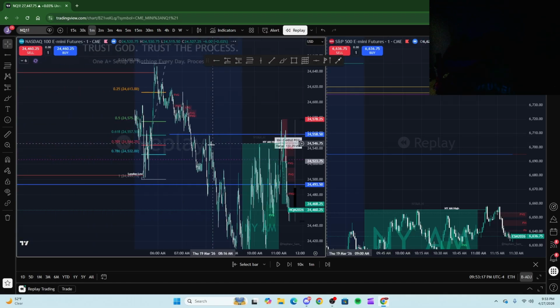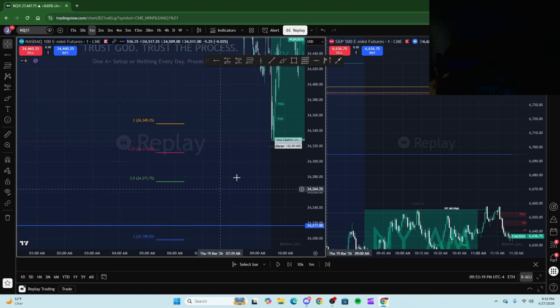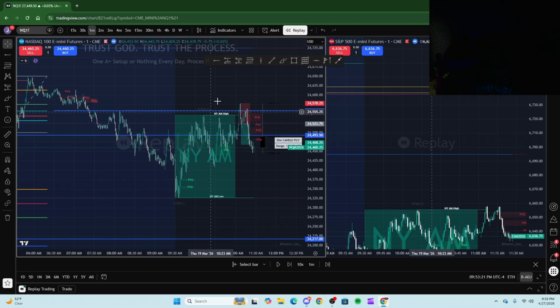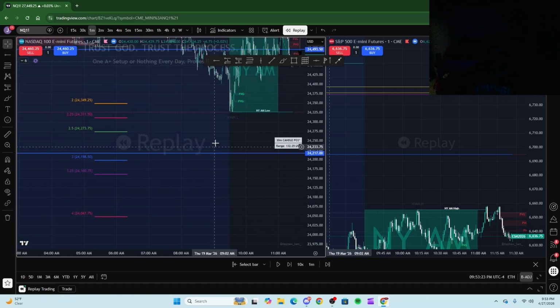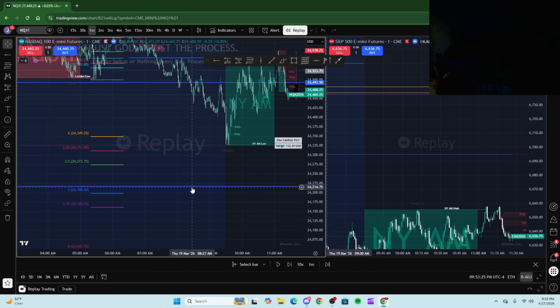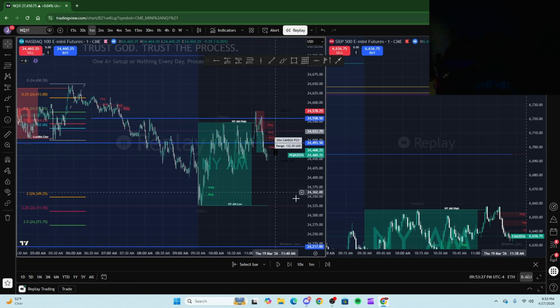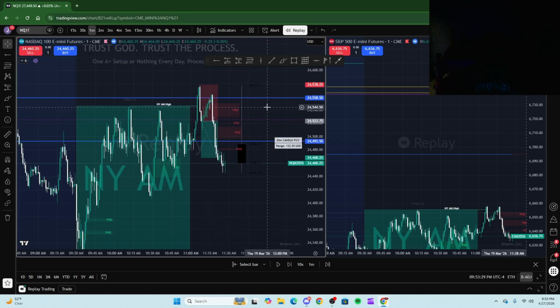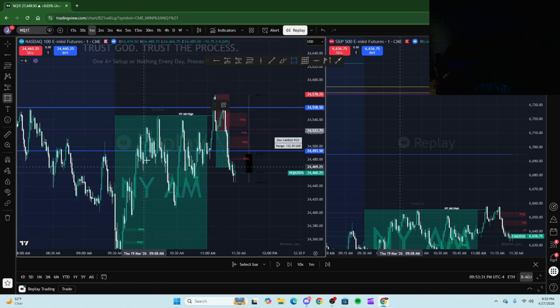I said I'm only going to take a trade off this high, or a short off this high down to this target, or a continuation short to this target, or a long off this. And what do you know? The only trade that ended up happening was, and this is horrible price action, by the way. This is called staying out.